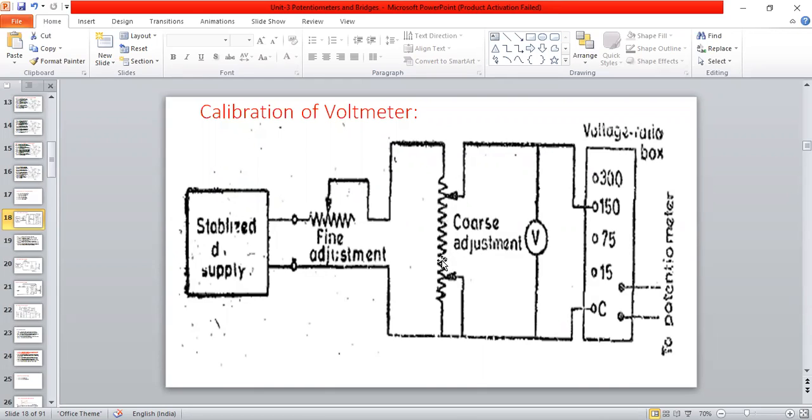So many turns are there. By taking those turns, and here instead of dial switch they have used some voltage here now. See, this is 0 to, इधर connect हो गए तो 0 to 15 volt है switch. इधर connect हो गए तो 75, इधर connect हो गए तो 150, इधर connect हो गए तो 300. So up to 300 volt dial voltage they have considered here, and here the number of turns based on that one, the slide wire or circular wire we can call that one here now.